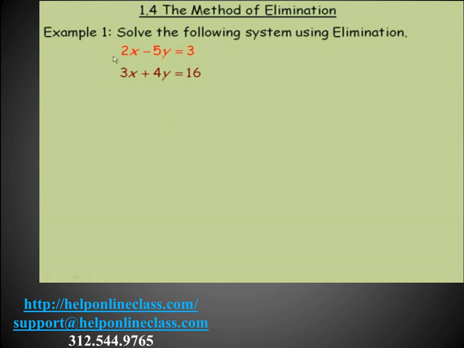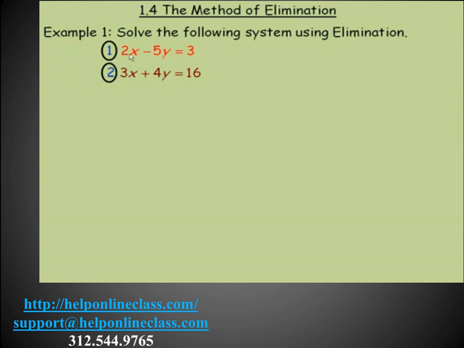And so what you do is you multiply equations by numbers so that the x's are the same or the y's are the same or they're opposites, so when you add them together or subtract them, it eliminates an x or eliminates the y. In the first equation and the second equation here, I'm going to label them,